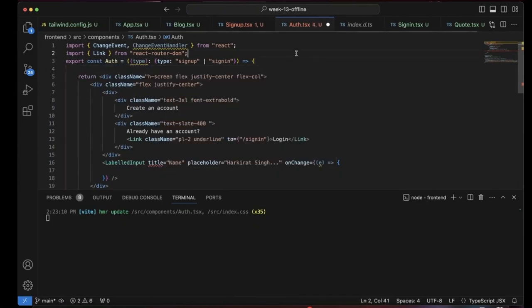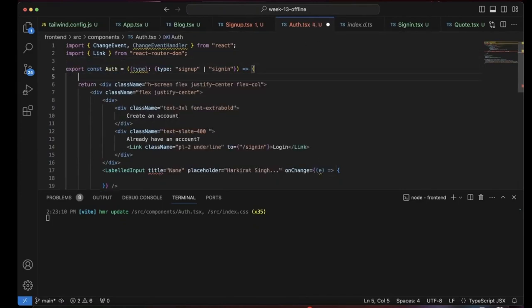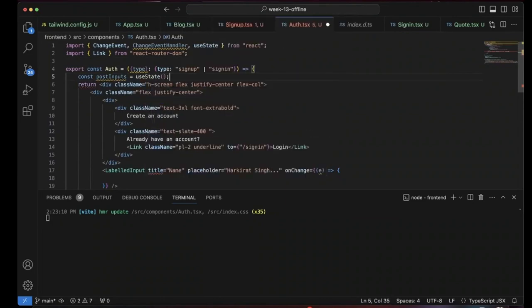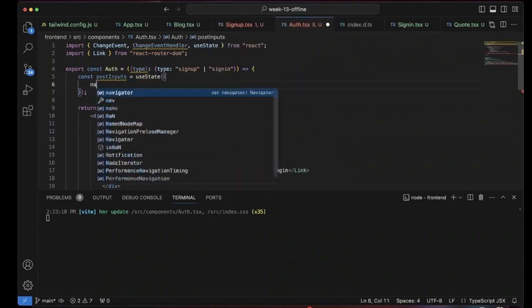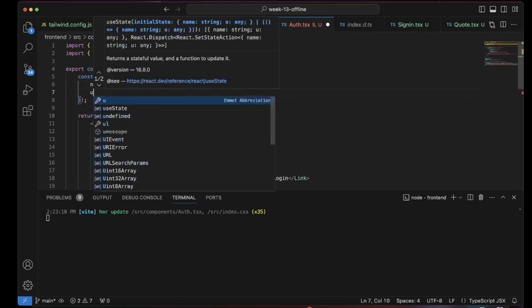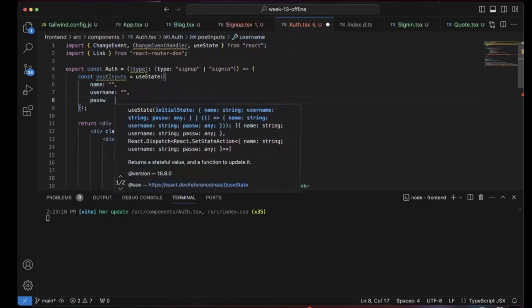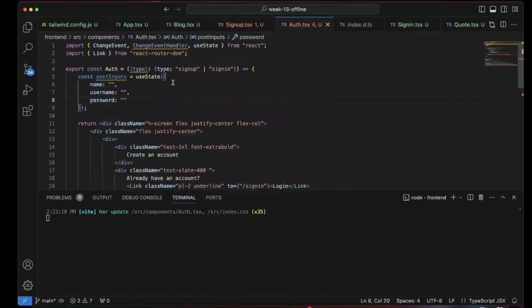I can do this, or I can actually do something more fancy. I can do this: const post inputs equal to use state, name which is an empty string, email or whatever, username which is an empty string, and password which is also an empty string. And here is where for the very first time I will introduce